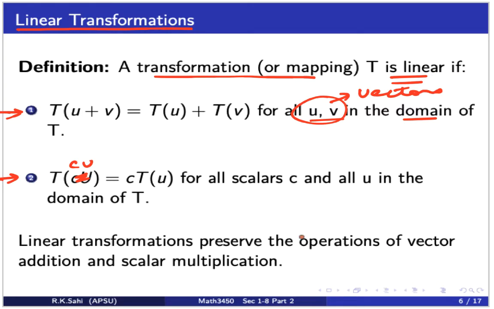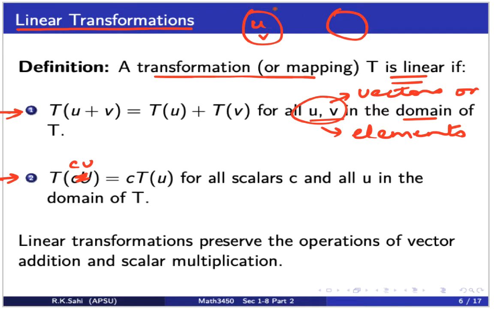So when I say that U and V are vectors, or I can also say U and V are elements, are objects in the domain of T. They're just present. So for example, I have a set, and my set has elements U and V. That's what it is. So if I have elements U and V, then when I add these two,